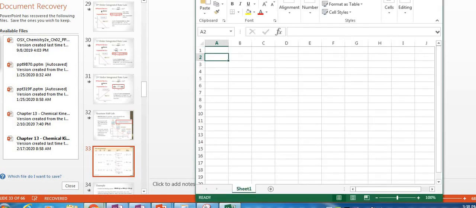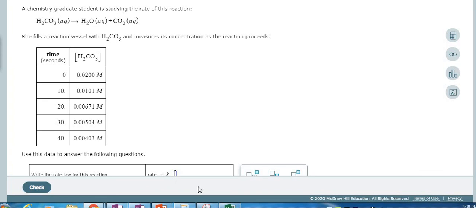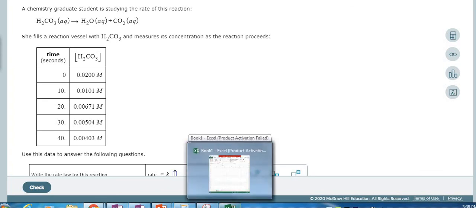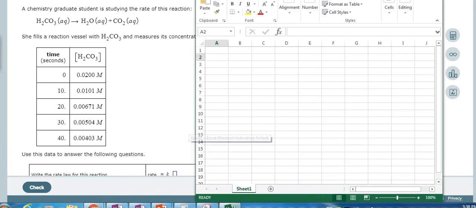Okay, so let me go back to my ALEKS here. This is how I tackle it. You don't have to do it this way, you can do it on your calculator, but this is how I do it. The first thing I do is recreate this table in Excel. So there's time, and this is the concentration of